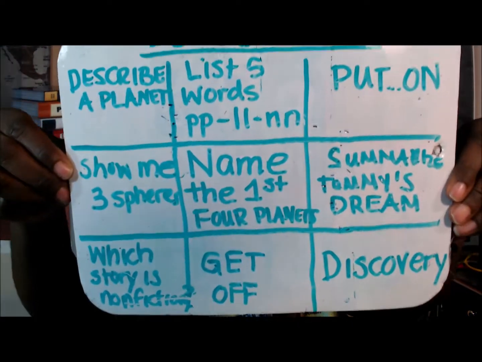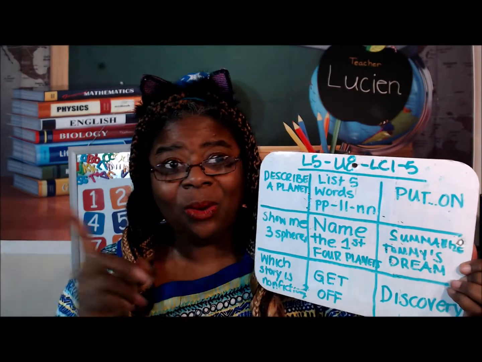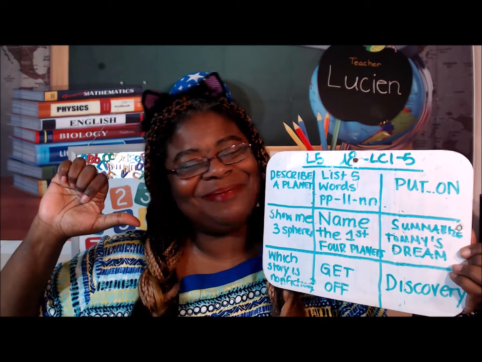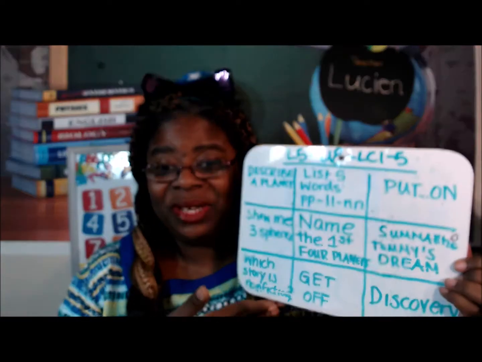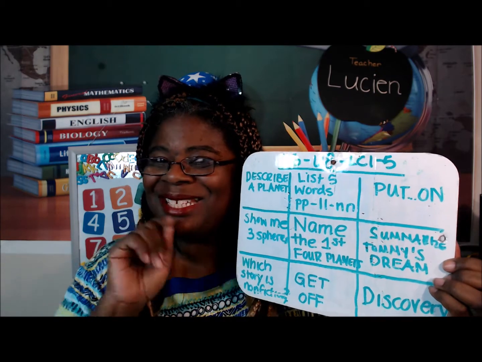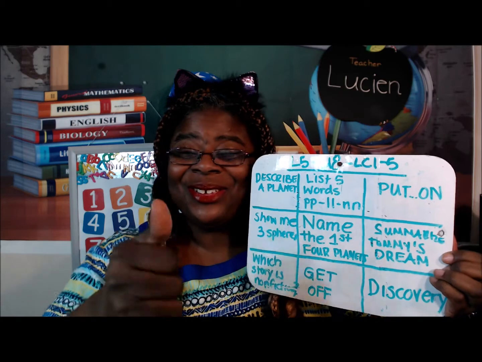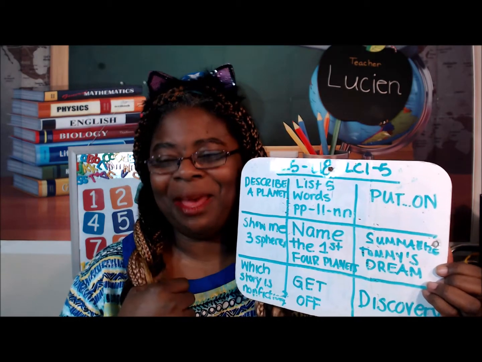So we're going to do tic-tac-toe again, but this time you'll notice conversation. Ta-da! This is tic-tac-toe level 5 style with teacher Lucienne, the smiling teacher. So what happens is the student sees the board and I let them know this is tic-tac-toe. But for you to get the spot, you have to be able to discuss whatever's in that box.